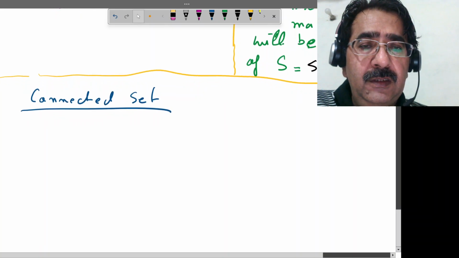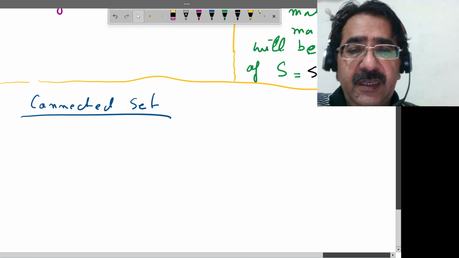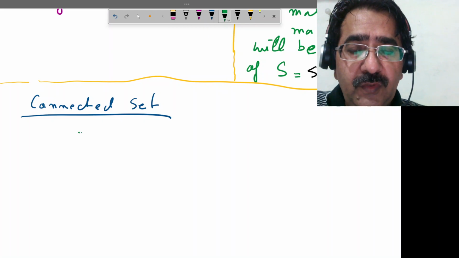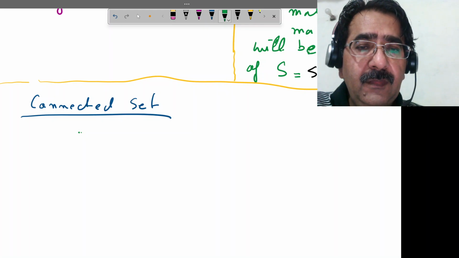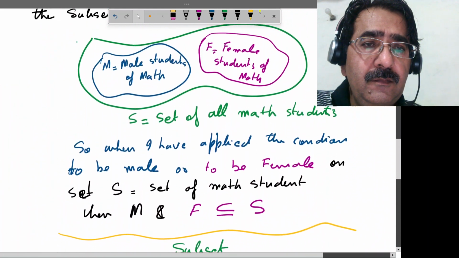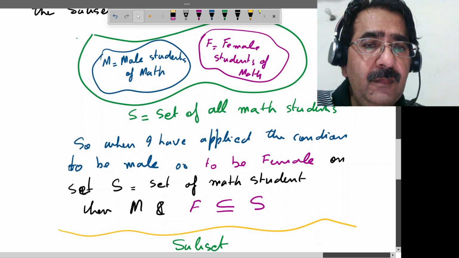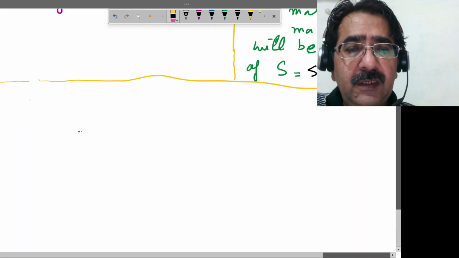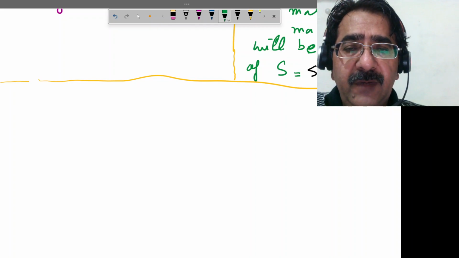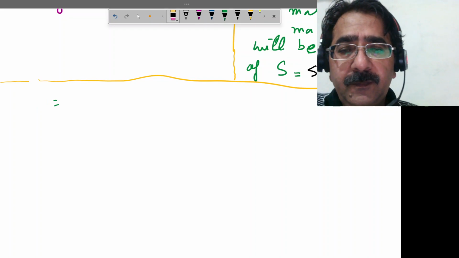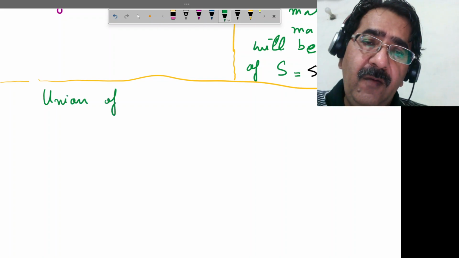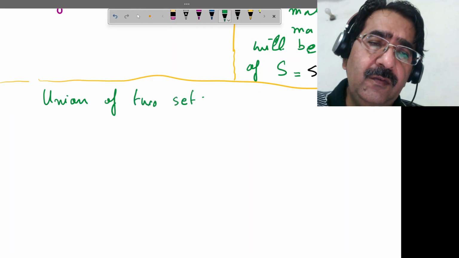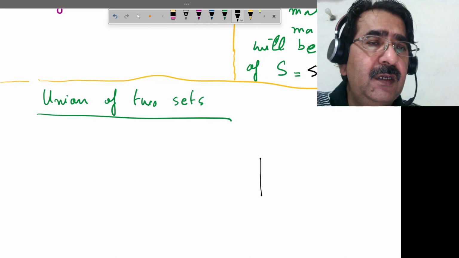If two sets are connected, then their intersection. For example, firstly I have to explain the different notations, what is the meaning of union, and then I may explain. Firstly I have to define what is the meaning of the union of sets. Union of two sets. Okay, firstly start from two sets. It may be more than two sets, but for simplicity